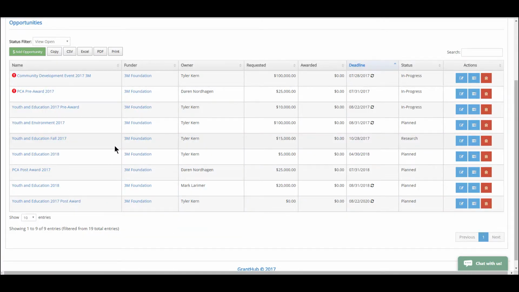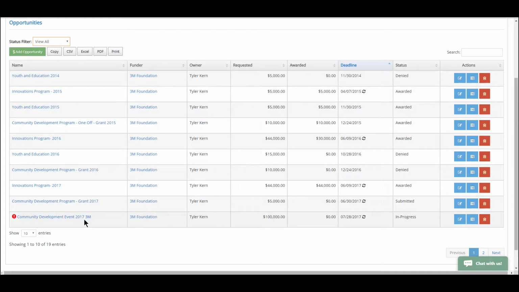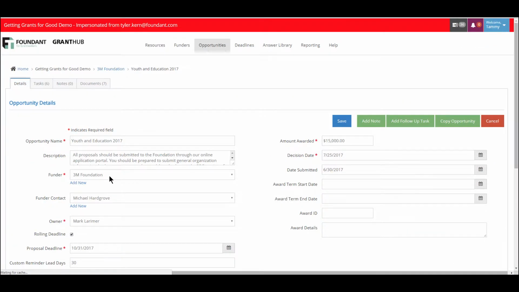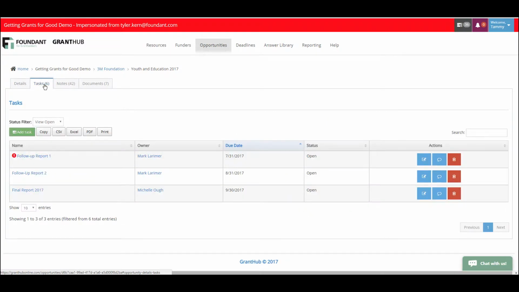tab. Once I access this tab, I have the ability to look for the opportunity that I have already added to the system. In this case, I'm looking for Youth and Education 2017. So I'll then select that opportunity once I find that in my list of opportunities for this organization. Once within this opportunity, I have the ability to select a Tasks tab. This is where I will add any of those vital tasks for the things that I mentioned at the beginning